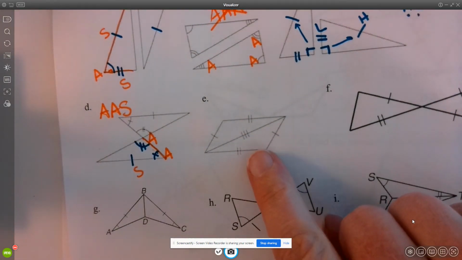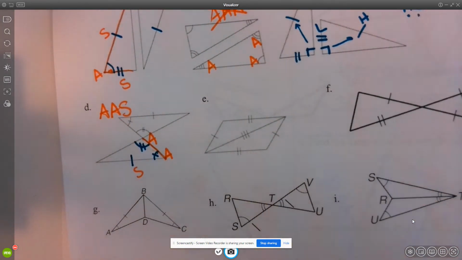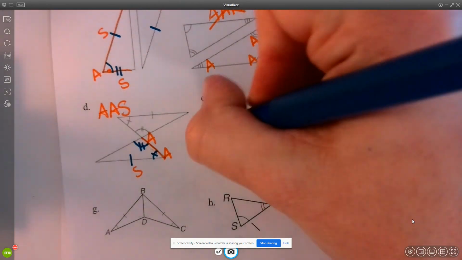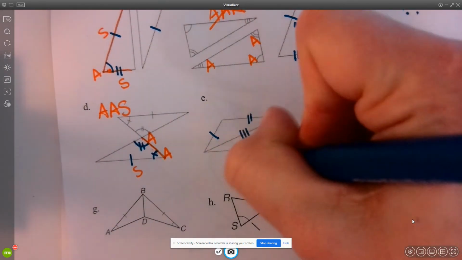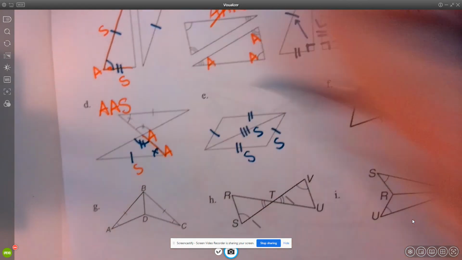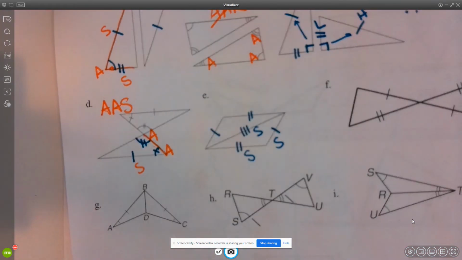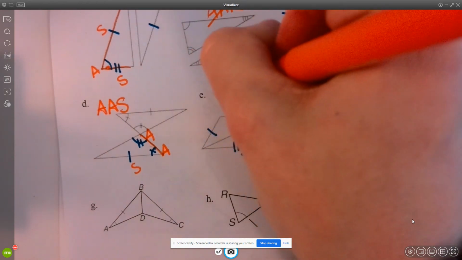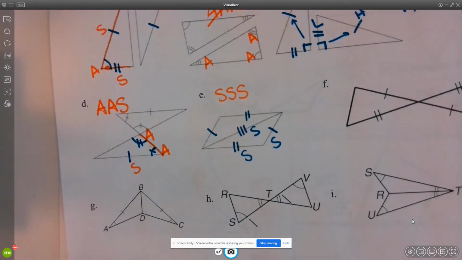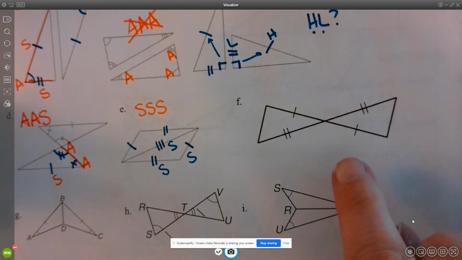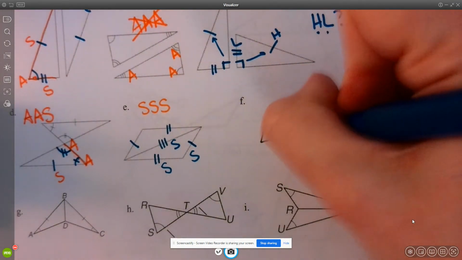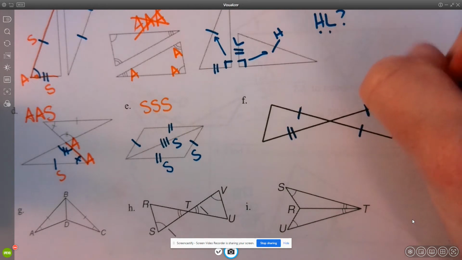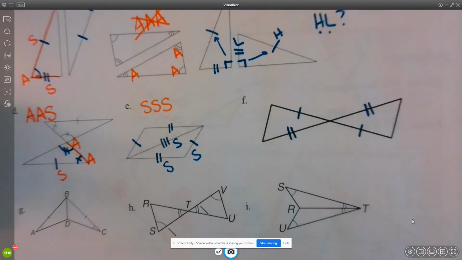In part E, our two triangles here have three pairs of congruent sides. So they are congruent by the side, side, side theorem. In part F, right away I can see I have two pairs of congruent sides. Now, if this was the only information I could find, I would not be able to tell if the triangles